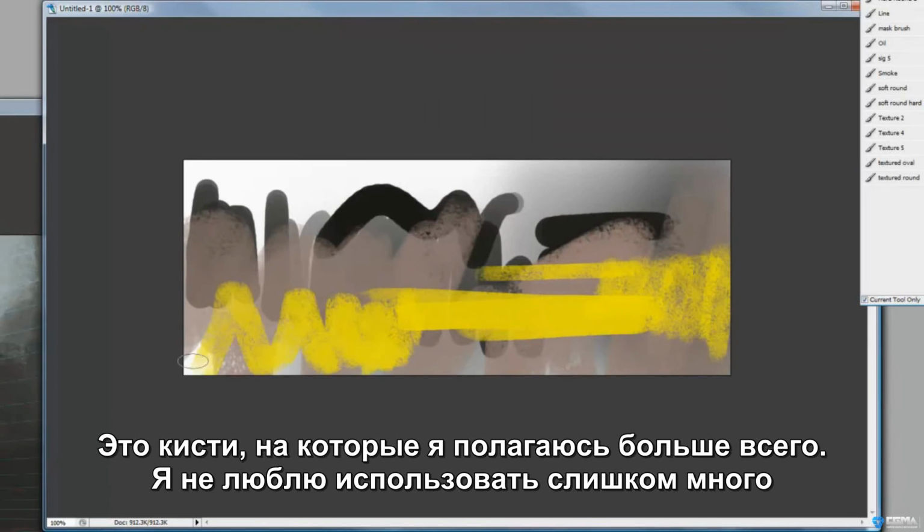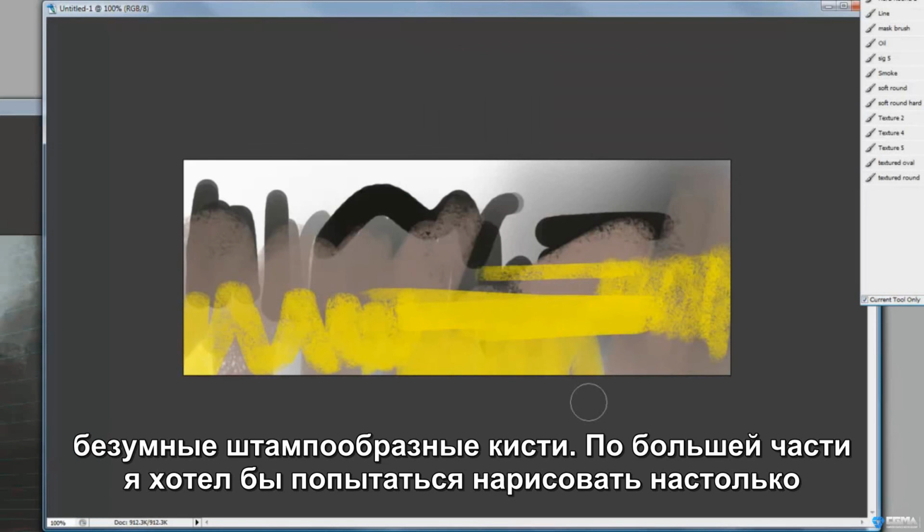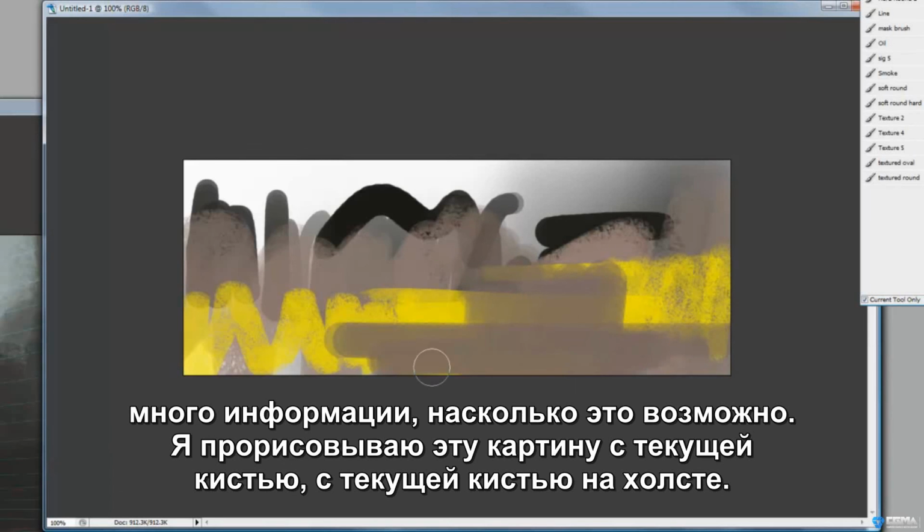So these are the brushes that I rely on mostly. I don't like to use too many crazy stamp-like brushes. Most of what I like to do is try to paint as much information as possible. I found